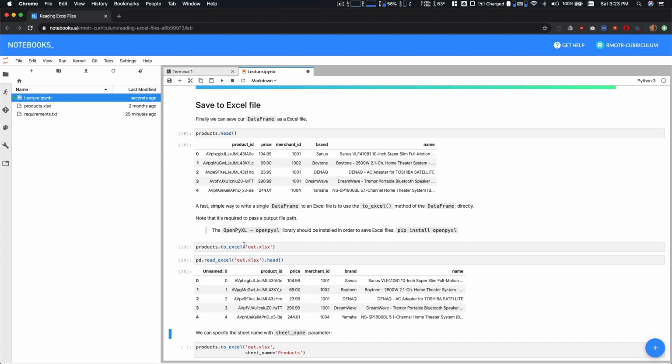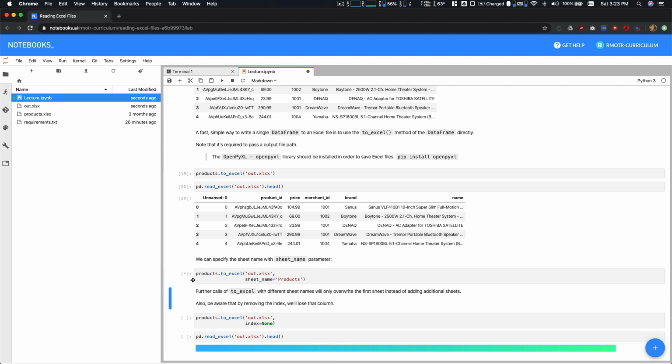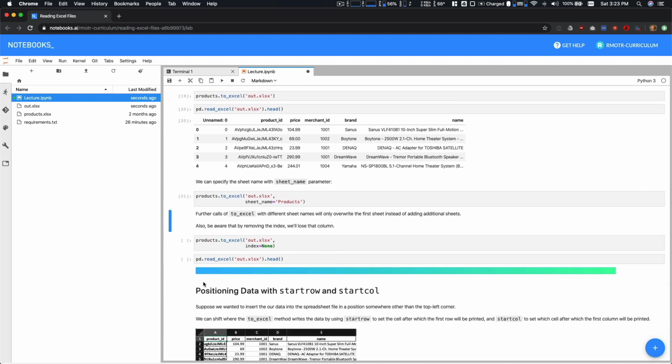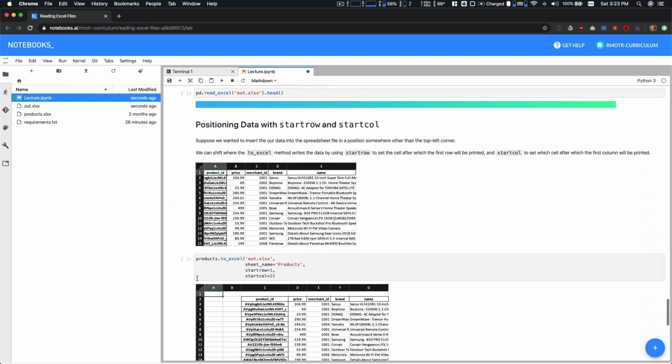Again, to_excel. out.xlsx is the name we're giving, and we can read it, and it looks in the same way. We can just set the name of the sheet, etc., all the things we can do with them. There are more advanced functionalities to this writing procedure, right, to the to_excel. And it says, for example, that you can shift either down or to the right the position of your writing,